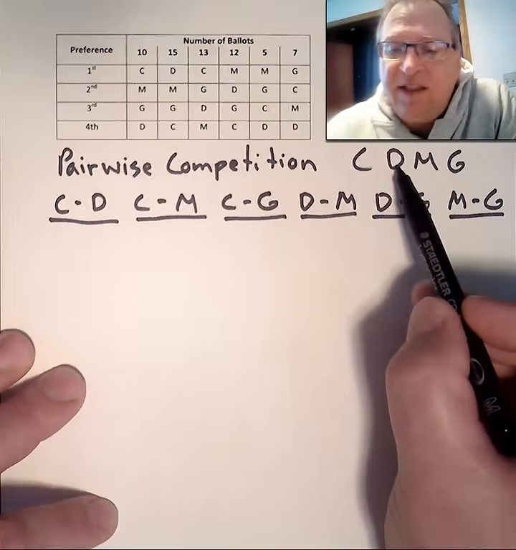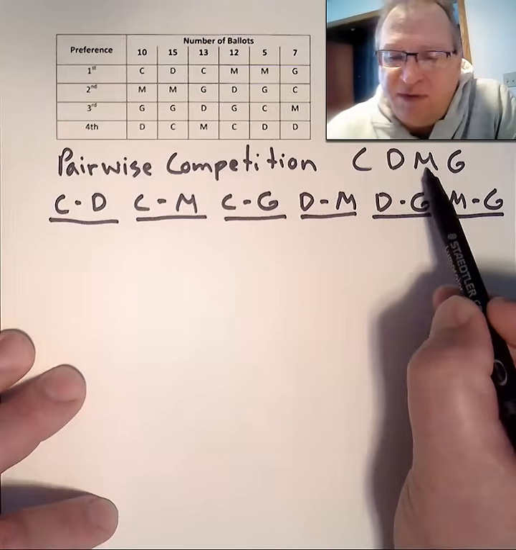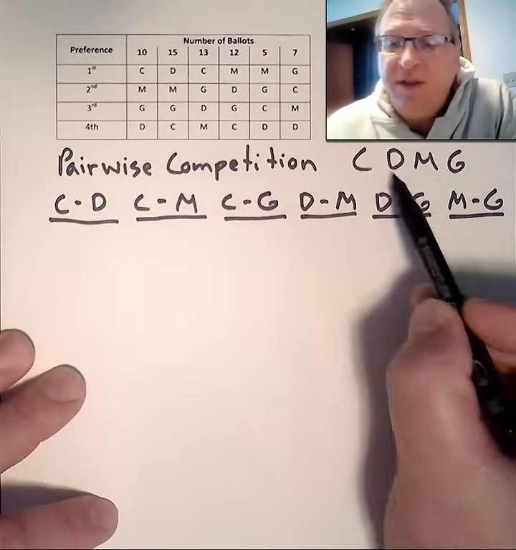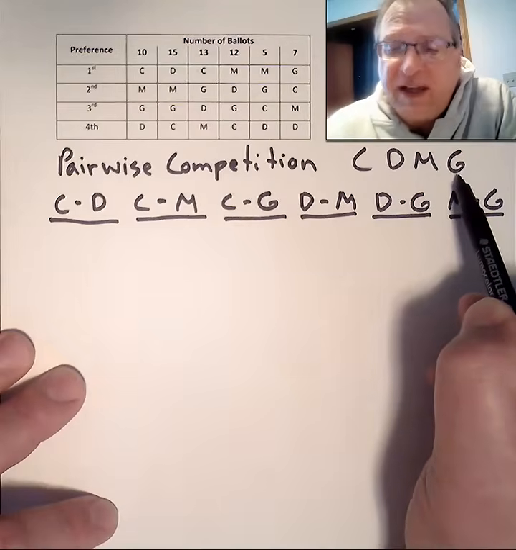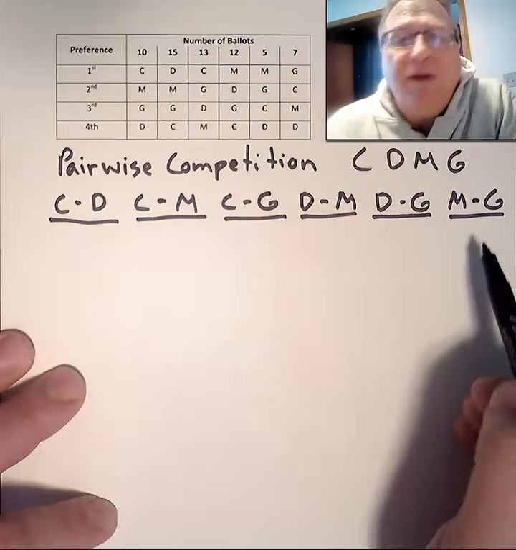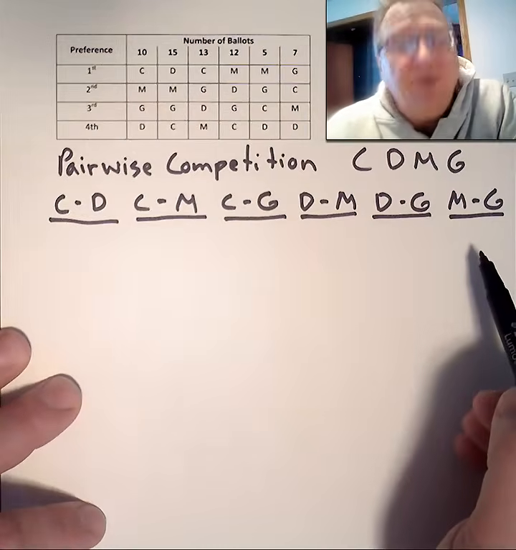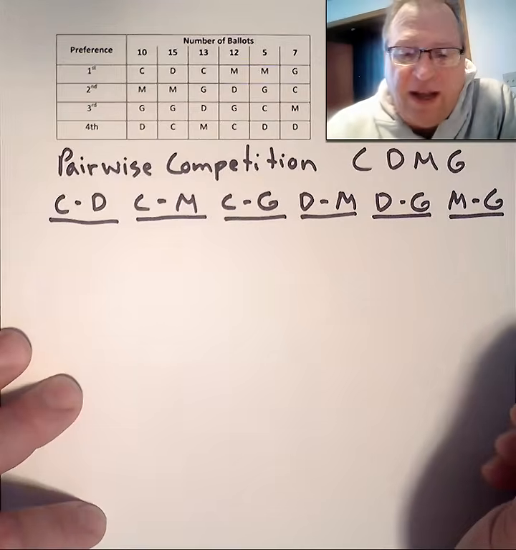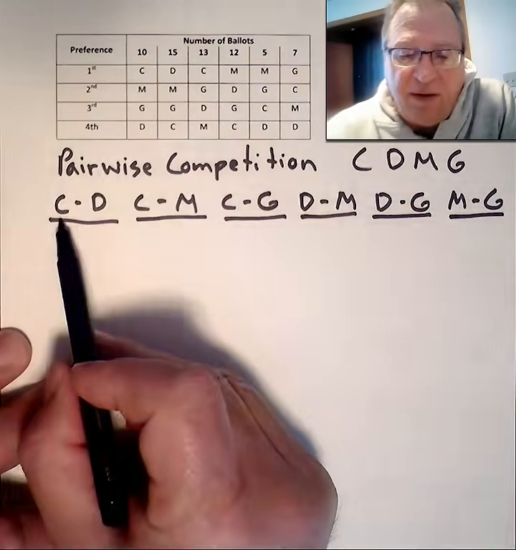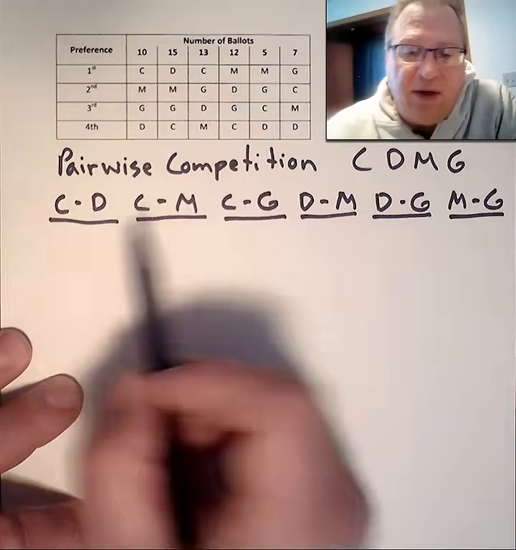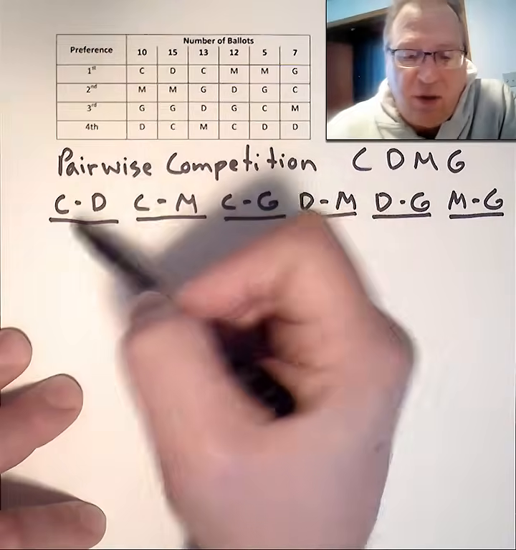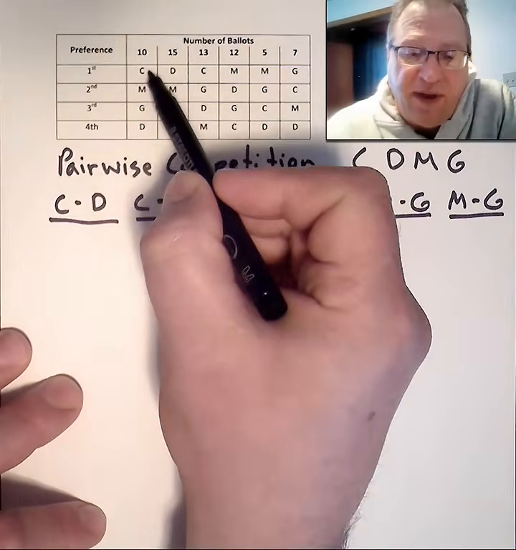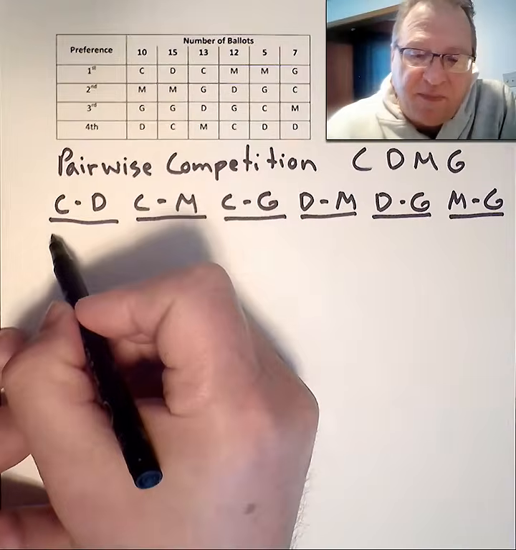I took C versus D, C versus M, C versus G, D versus M, D versus G, and finally M versus G. And I wrote down those 6 pairs. Then we look at our table of ballot results, and we first compare C versus D. So we look at the first column of results and we say who would win, C or D. And it's obvious that C was in first and D was in fourth, and so those 10 ballots go to